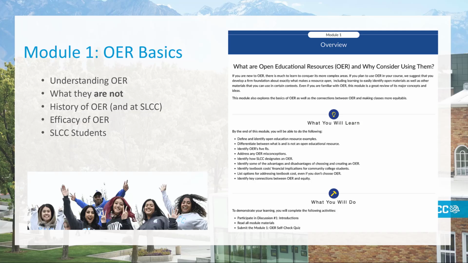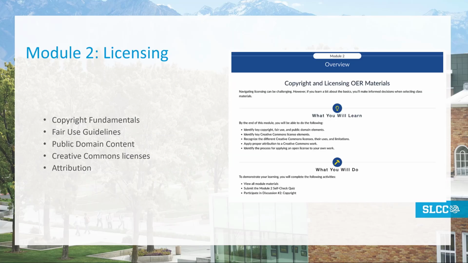Module 1 covers what OER are and are not, the history of OER, and efficacy. It also introduces SLCC specific examples. Module 2 delves into licensing topics, including copyright, fair use, public domain, and Creative Commons licensing. It emphasizes the importance of proper attribution and helps faculty understand how to legally and ethically use and share OER